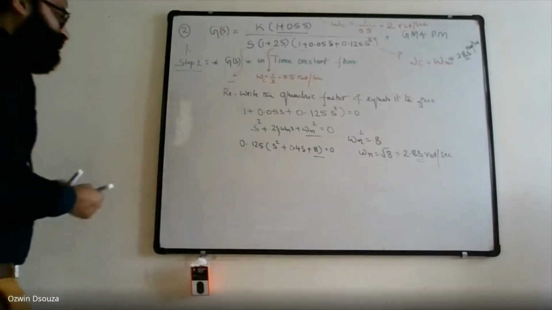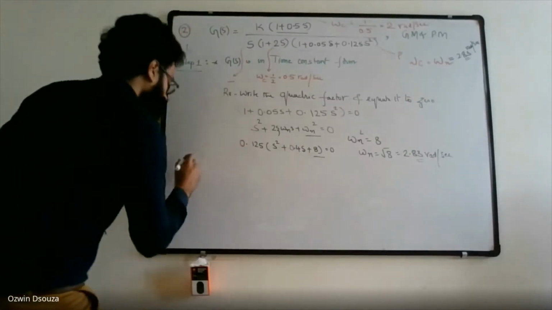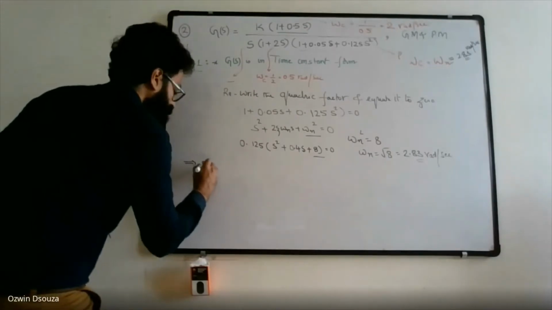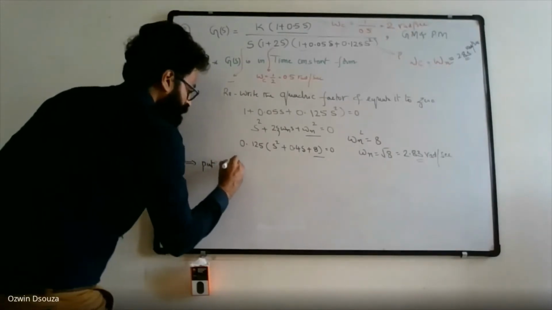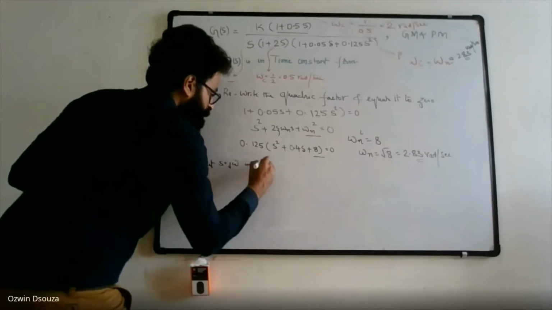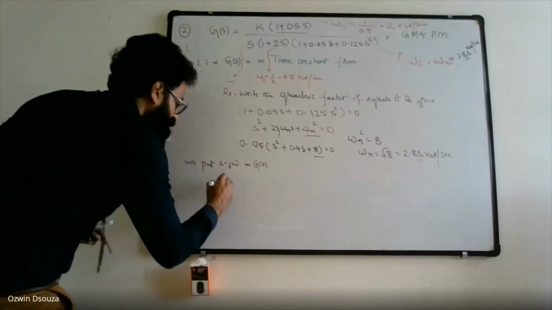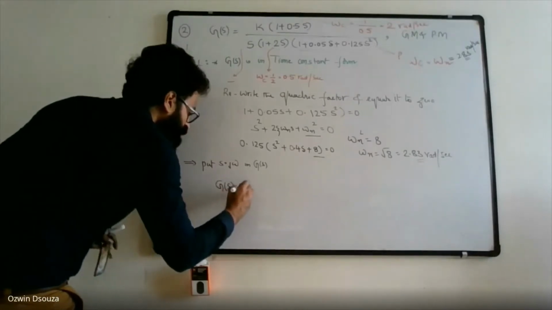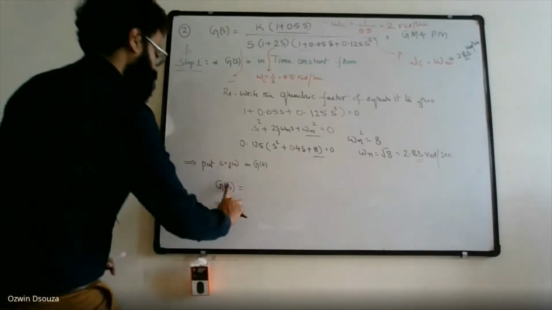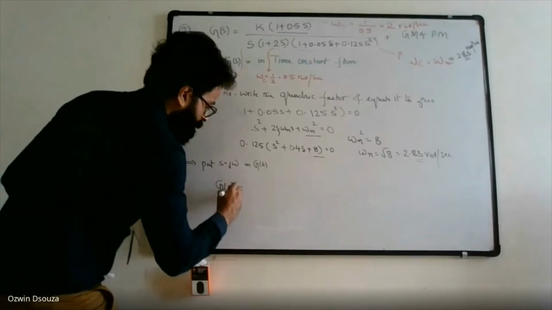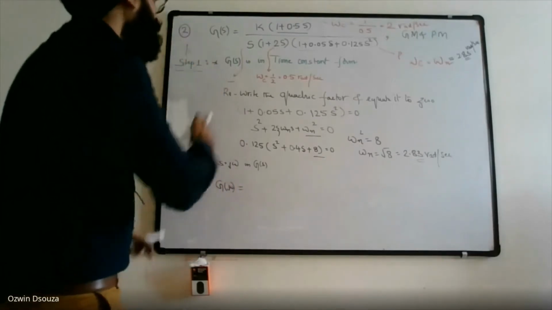Now, before actually constructing the magnitude table, let's put s equal to j omega in G of s. So that will convert the given open loop transfer function into the frequency domain. So G of j omega is equal to